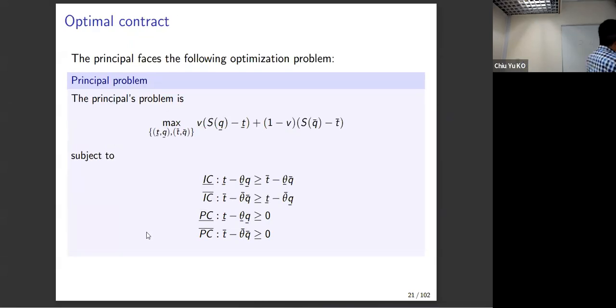Now, let's see this example here, okay? So once we have this, we are concerned with this problem. The principal, who doesn't know who he is facing, is risk neutral, right? Either V of this, 1 minus V of that, okay? And here we focus on the risk neutral principal, right? If you have a risk averse principal, then the model will be very complicated. Okay, and subject to 4